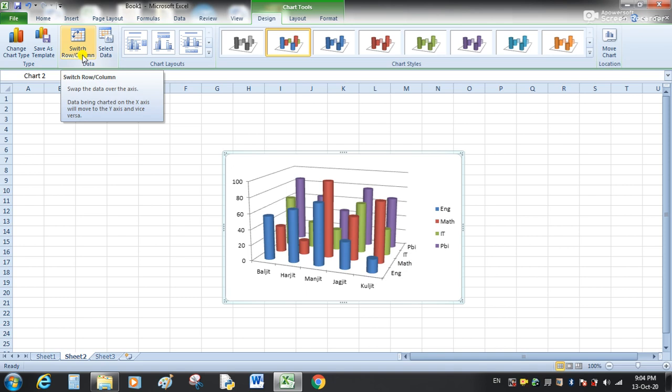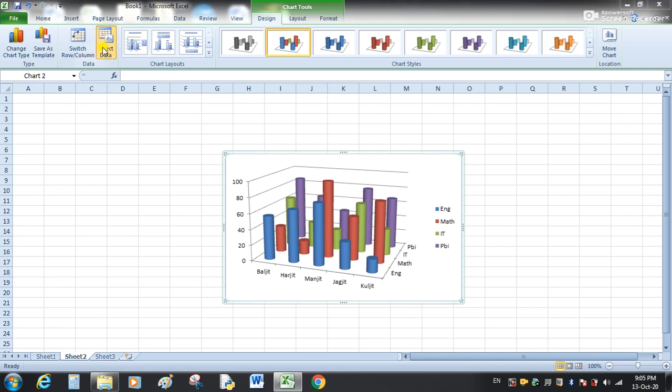From here we can select the data. For example, this chart is displaying the information about 5 students. Suppose we don't want to include the last one, Kuljit.